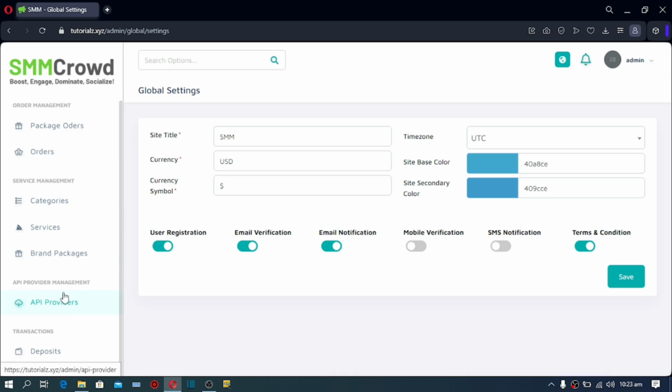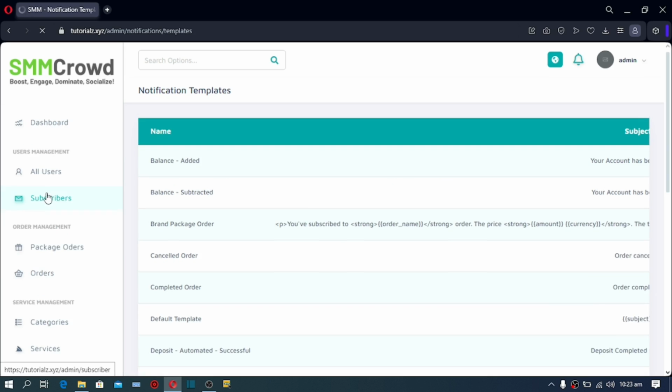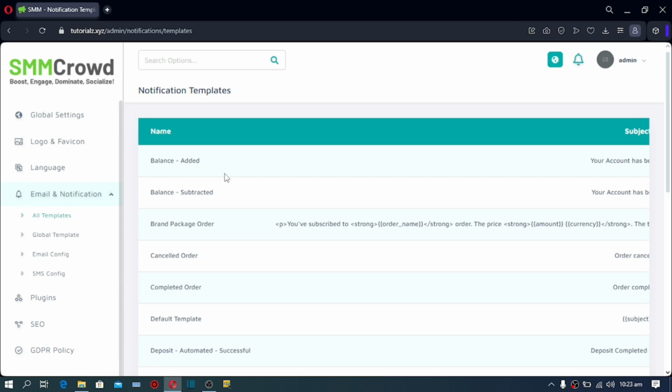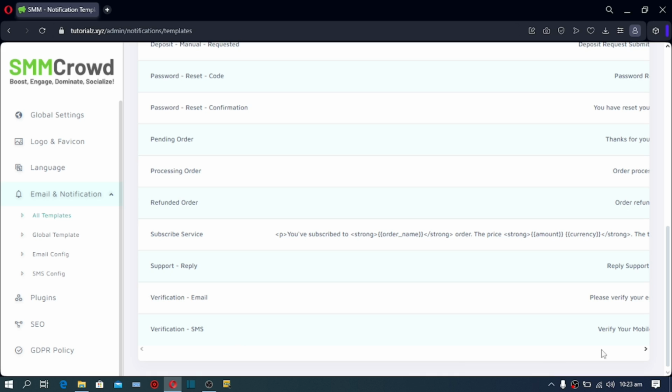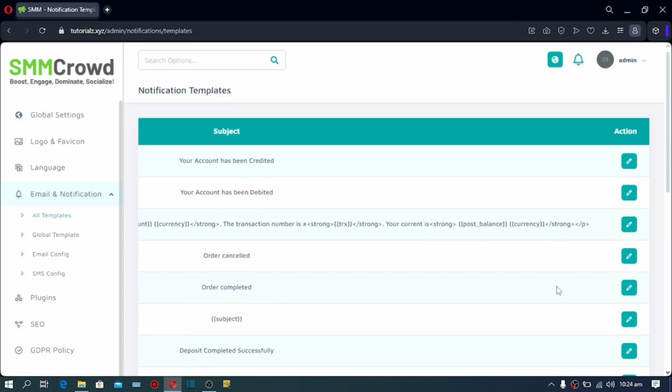Email and notification, scroll down and then go to all templates. Now these are the emails that will be sent out anytime an action is taken by a user. So something like deposit. If there's a successful deposit, then this email will be sent out. Just scroll down a bit, then click on this arrow. You can edit your email templates here. Now your account has been credited. Let's see how to edit this email template. So let's click on it,